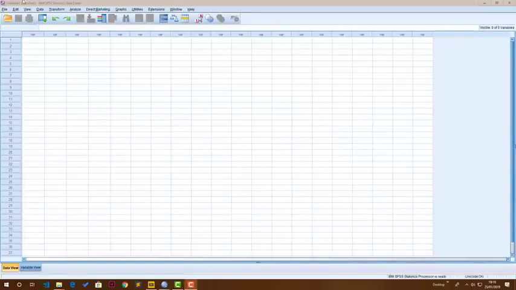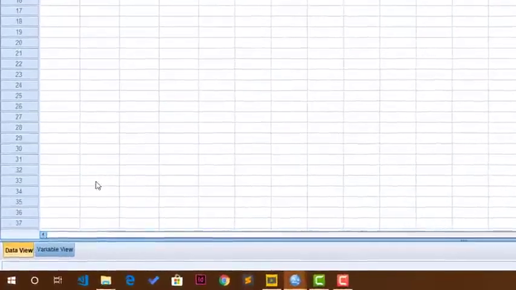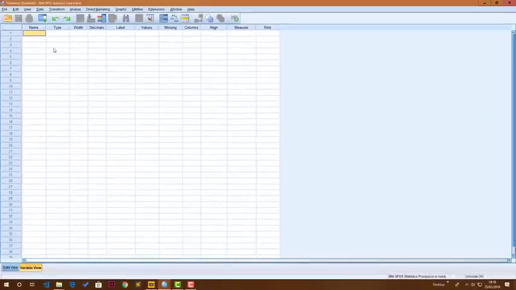Right, so I've opened SPSS. The interface may look similar if you have ever used Microsoft Excel. It looks like a spreadsheet. This spreadsheet is divided into two. There is the data view here, which is where you see your actual data, and there's the variable view, which is where you actually define and edit the questions